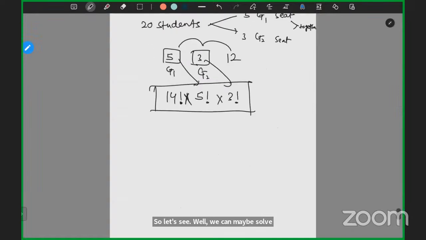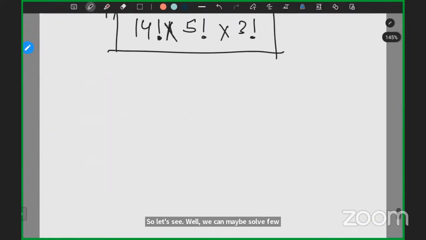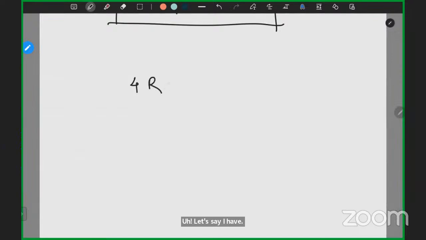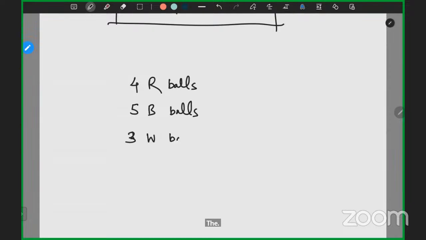I can think of something. Let's say I have 4 red balls, 5 blue balls, and 3 white balls. Now what we have to do is